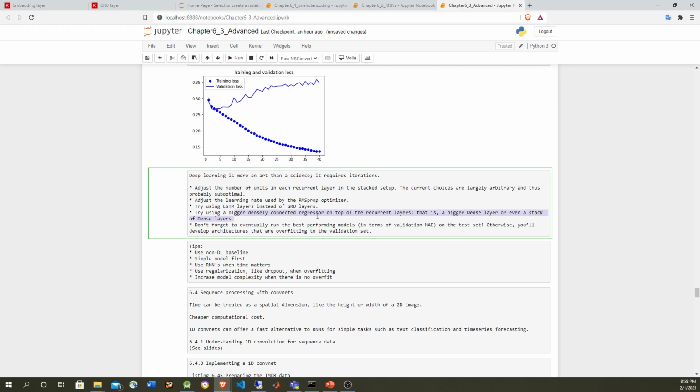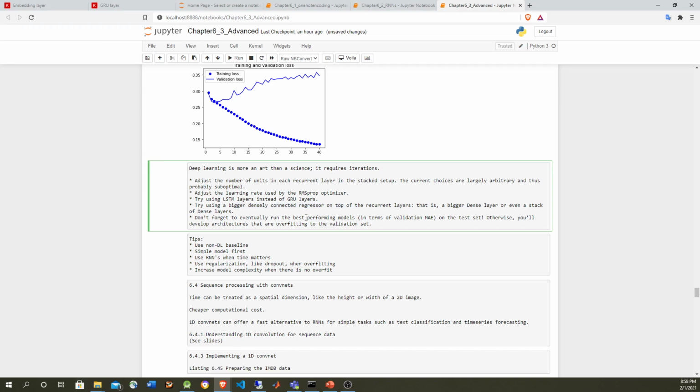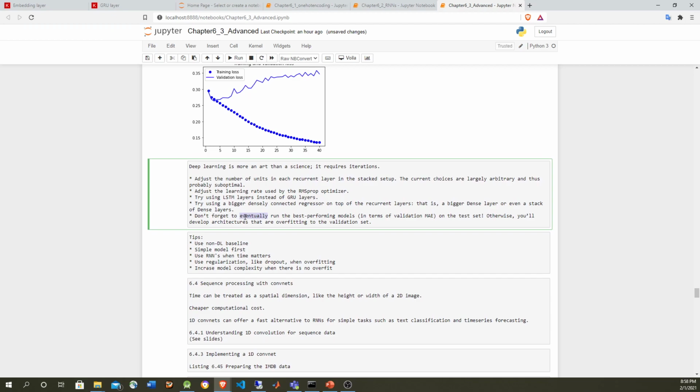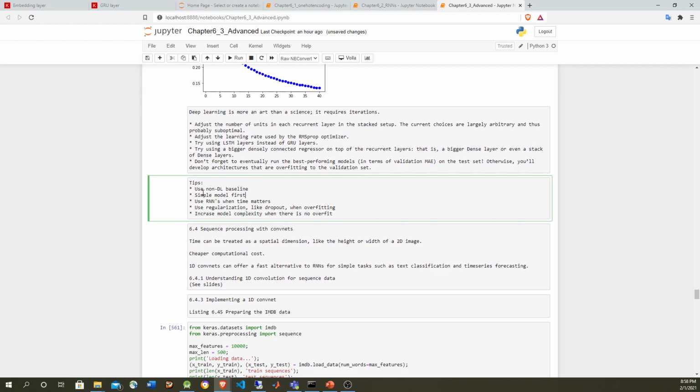Also, you can use bigger densely connected layers at the end, maybe adding more features to them, and eventually check the test data set to verify that it's predicting well. As mentioned before, in general, you want to try with a non-deep learning baseline, like the naive implementation that we have. Start with a simple model first, then use recurrent neural networks if the problem depends on the sequence, otherwise maybe convolution if it is related to contiguous multidimensional tensors, and also you can consider dense connected layers and other